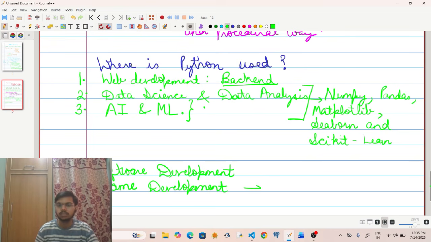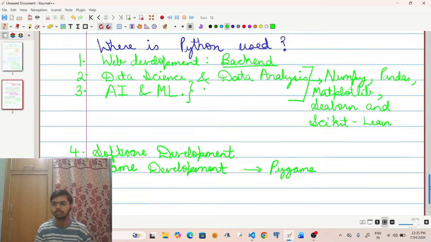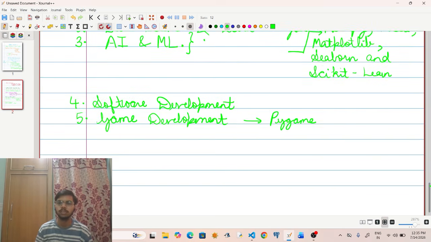There is a particular library in the programming language Python, which is called Pygame. This particular library in Python is used by different professionals to make games by using Python.